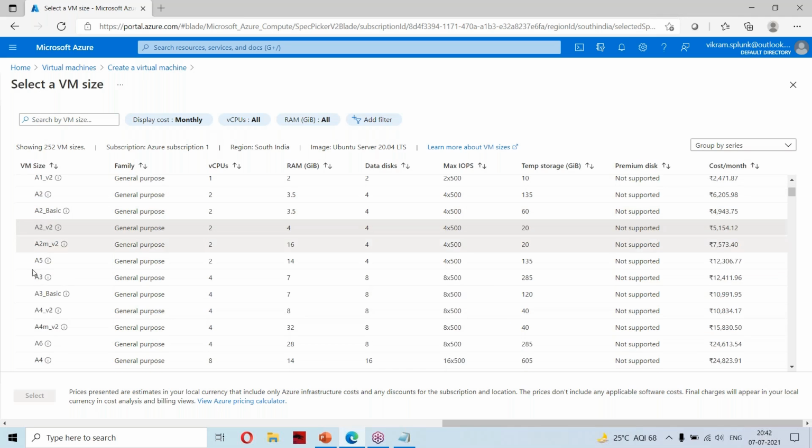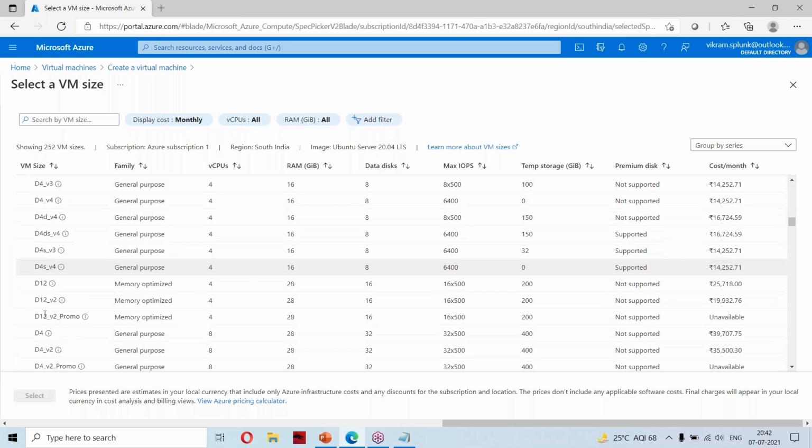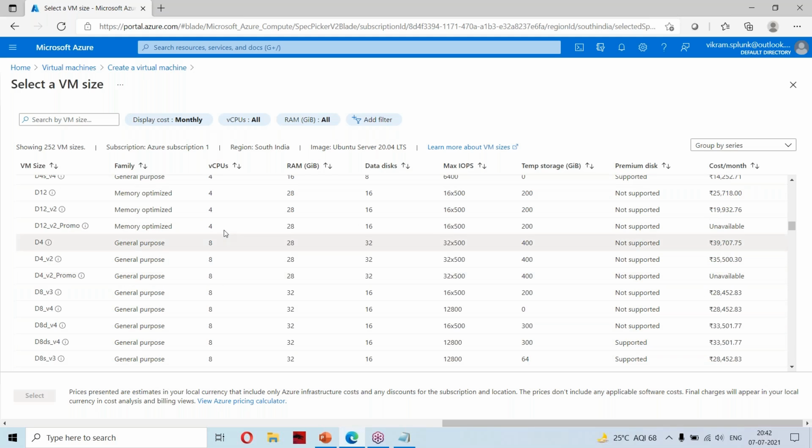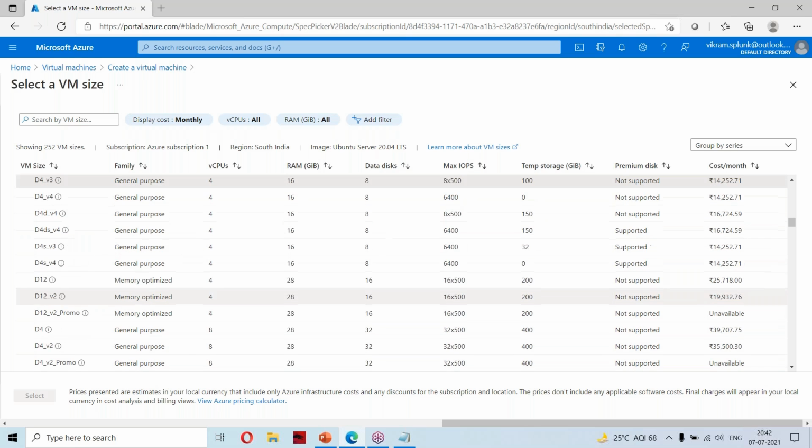There are the A series, the B series, and the D series. Each one here also has 4 CPU and 28 GB RAM, and it has disks and IOPS. Some may be the same.